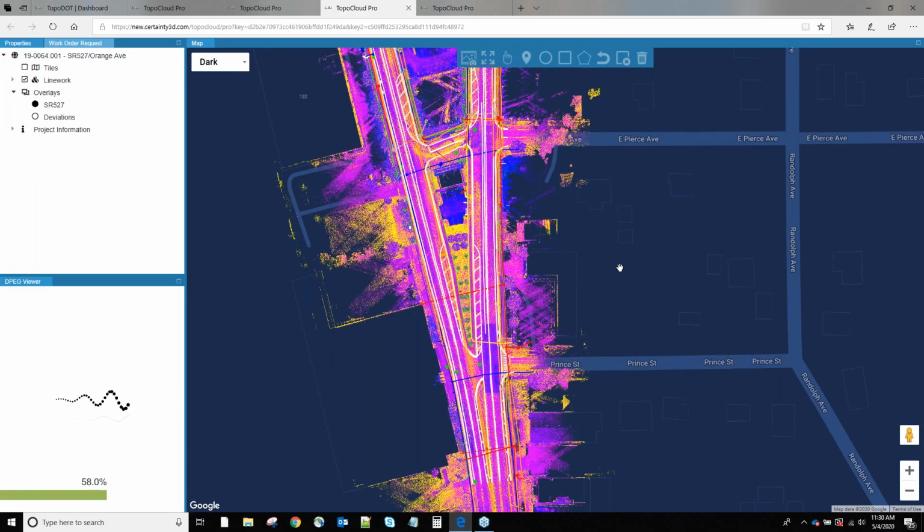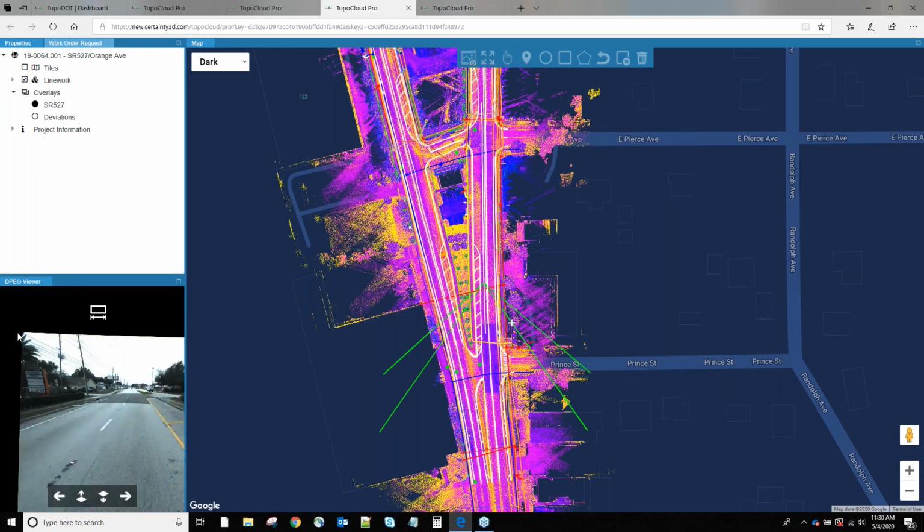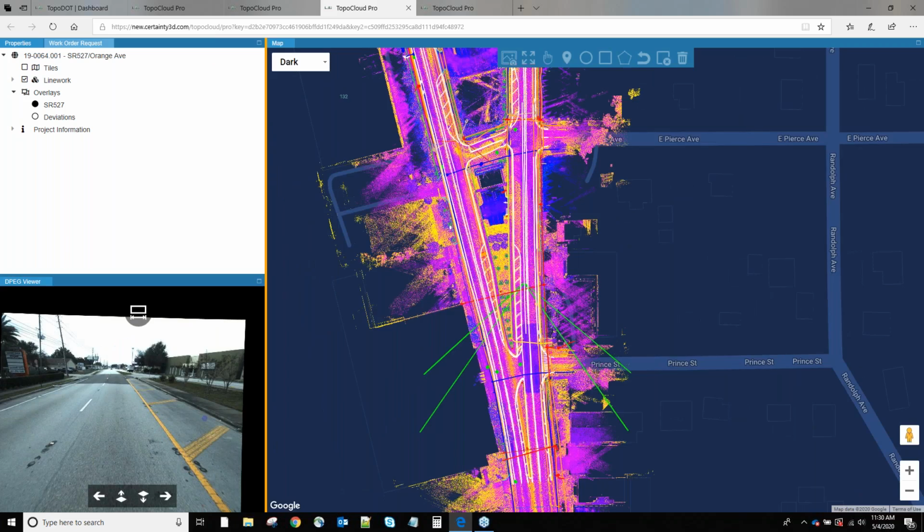Yeah, we don't have any examples of technically underground. I'm guessing you mean like a tunnel or something of that nature. We don't have a lot of that work. We do mainly transportation corridor mapping, but